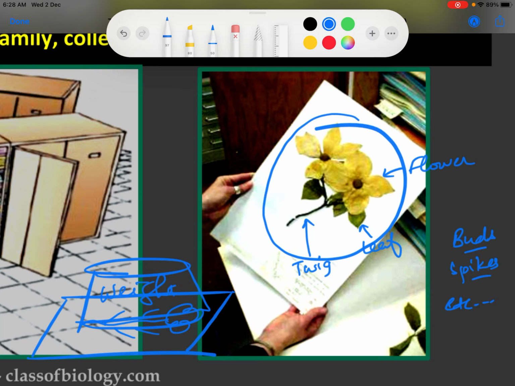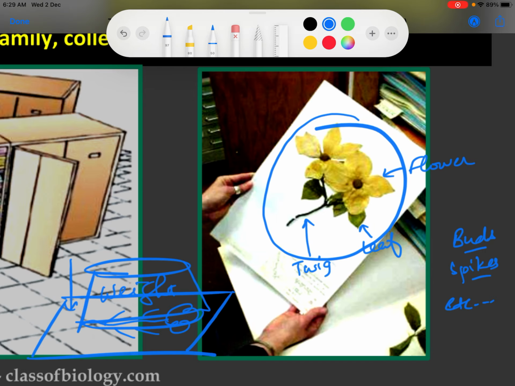Before putting the weight onto it, that particular plant or specimen has to be kept between a set of papers, for example newspaper or filter paper. Now due to the weight which is falling on them,